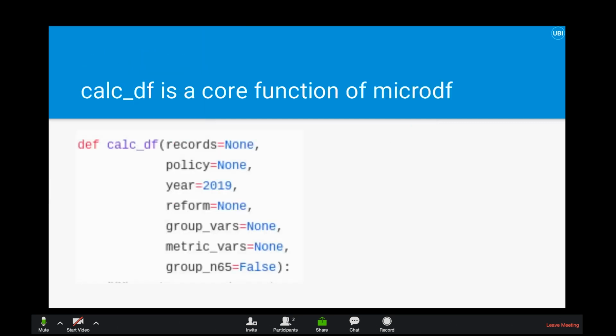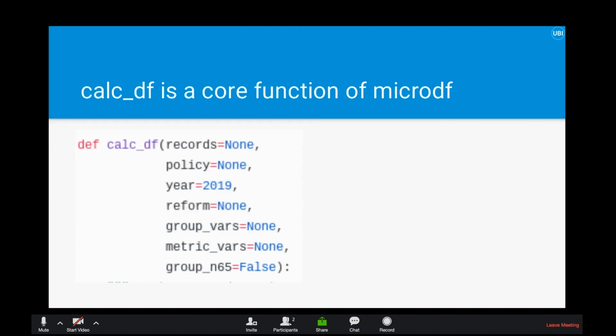So some of that I want to boil down in this calcdf function. This is probably the function that I use the most in microdf. It takes a few parameters, but I would make note of the equals None, because that means those things are not needed when you call this function. You don't have to pass records, but if you don't, it'll just give you results based on the CPS data in TaxCalc. You don't have to pass a policy, you don't have to pass a reform. So if you leave all those blank, it'll give you a baseline, since you usually have your baseline data and your reform data. So you can just leave a bunch of stuff blank if you want your baseline.